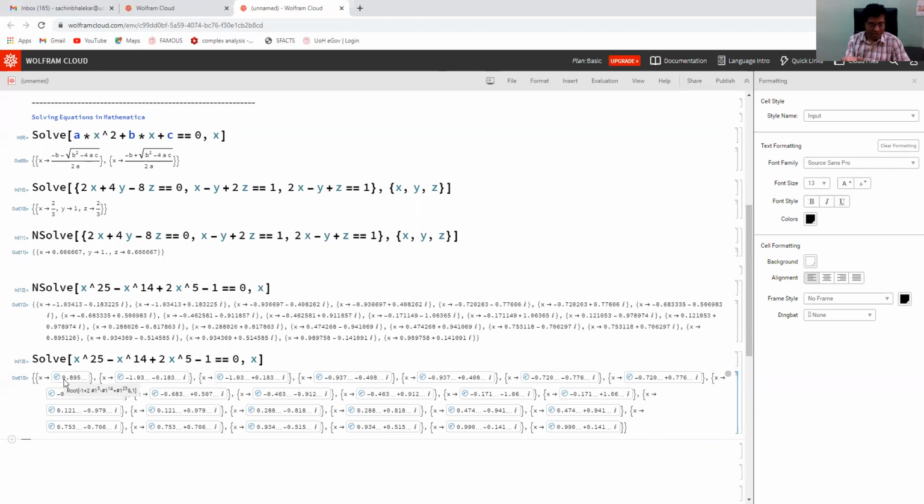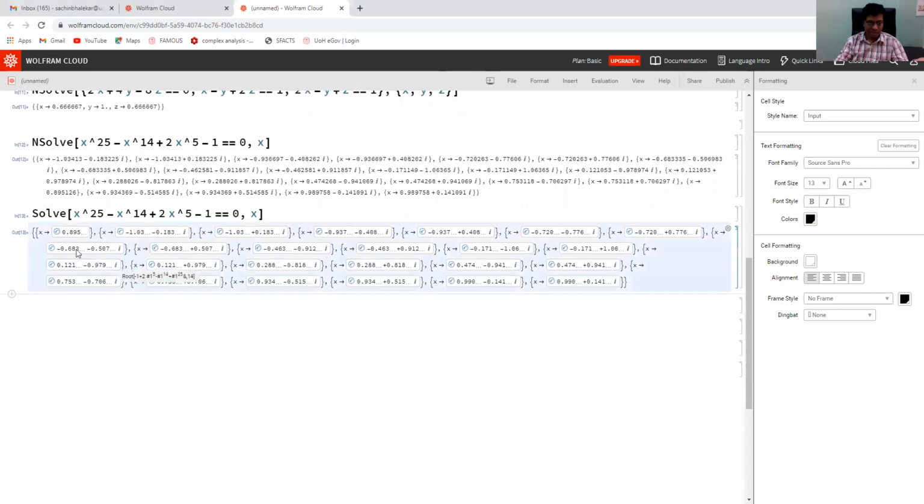So what are these roots? First, this is a root function. Okay, so same expression is given. Instead of x, it is putting hash 1. So it is first root of this polynomial. Then if you put here 2, then it is second root, and commas 2 means second root of this polynomial, third root, etc. Here you can find approximate roots which are provided by Mathematica. So nsolve is more useful in such complicated expressions. That's all.